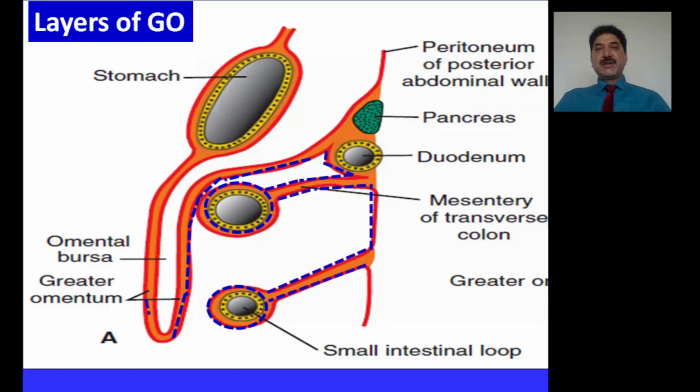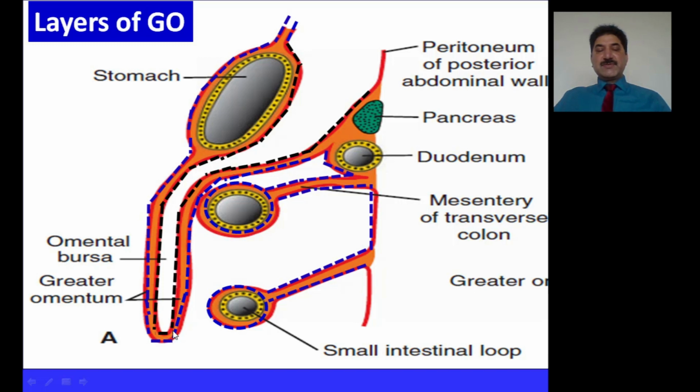Layers of the greater omentum are made simple in this diagram. Let us start with the lesser omentum, which spans between the liver and the lesser curvature of the stomach and the first part of the duodenum. There are 2 layers in it as shown in this diagram. These 2 layers split into an anterior layer, which is shown by this blue dotted line. This layer passes anterior to the stomach. Another layer, as shown by this black dotted line, is the posterior layer which descends down and covers the posterior surface of the stomach and descends down.